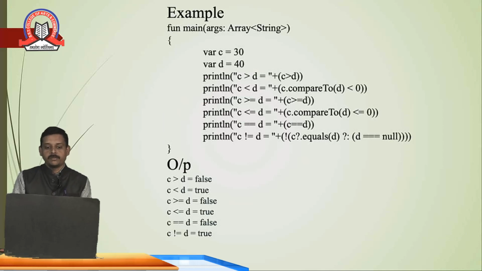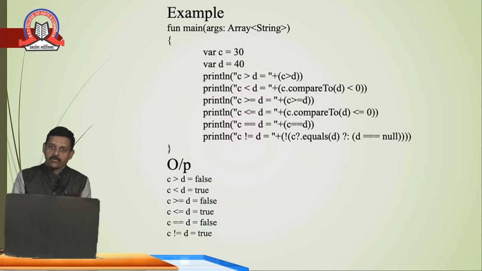As you can see in the example, we have created two variables c and d, and we have given the values 30 and 40 to these two variables. Now if I want to compare these two variables, I have used c greater than d, and we have just used the comparison c, left or right directional arrow, d. Now friends, in this case it will only give an output like true or false. We can use it in